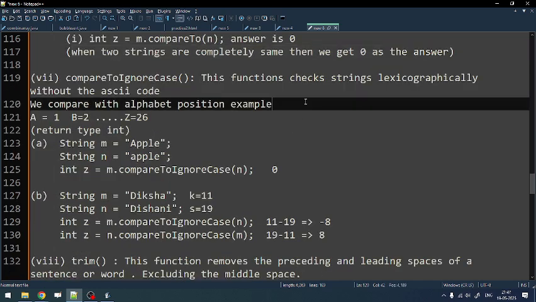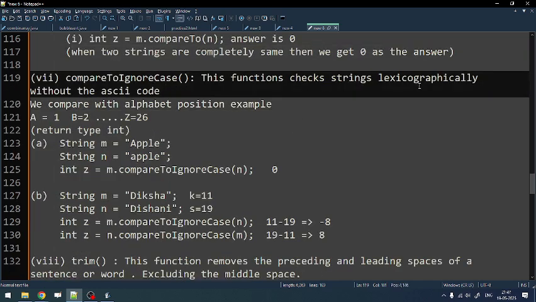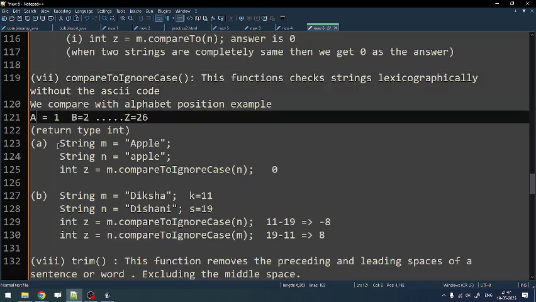compareToIgnoreCase: this function checks strings lexicographically without the ASCII code. I'm doing one more time. It checks the string without the ASCII code. It just looks for the position, like this. How? Like A is 1, B is 2, C is 3, D is 4, like this up to Z is